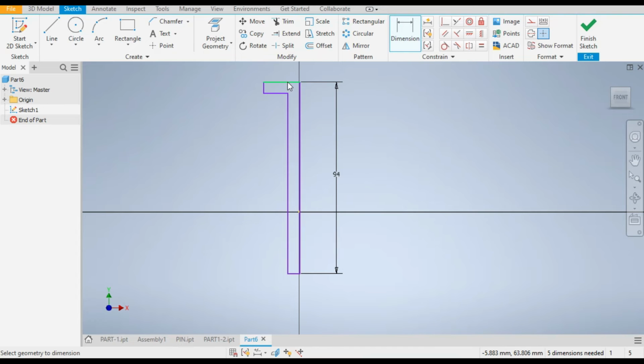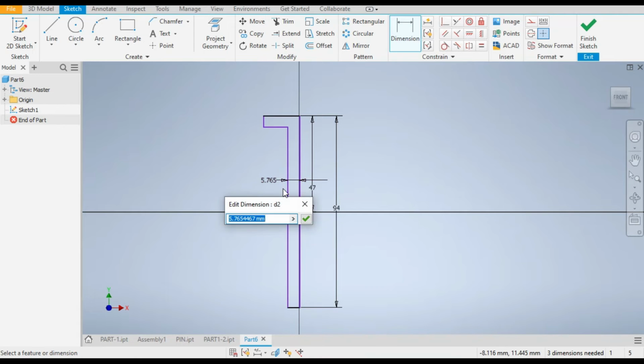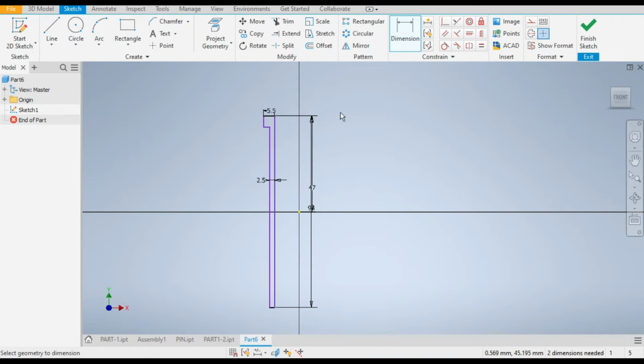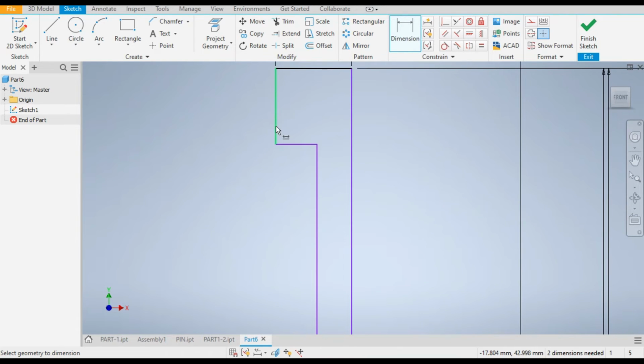Select this top and midpoint. This will be the 94/2. This will be the mid. The dia will be of 2.5, and this will be of 5.5. Okay. Now this distance will be of 2 mm,